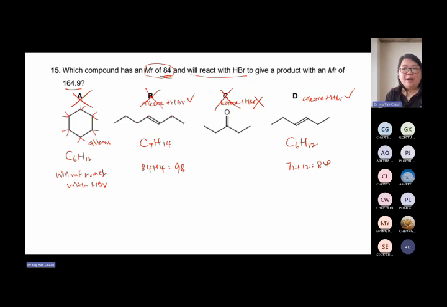84 and will react with HBr. I don't even have to check the product whether it's 164.9 or not. I know the answer is D. So if there's a way for you to reach the answer before you have to write everything down, okay, we